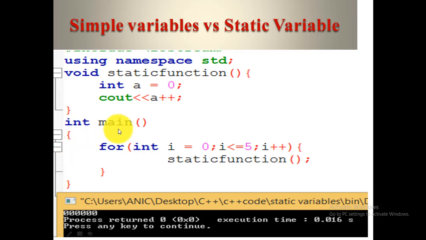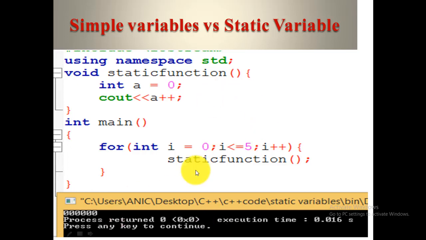After that, in the main section, we define a for loop in which int i is equal to 0 and i should be less than or equal to 5 and i++. It means that the loop will iterate 5 times and 5 times the value of a increments.